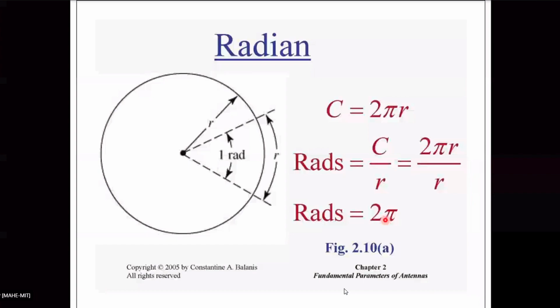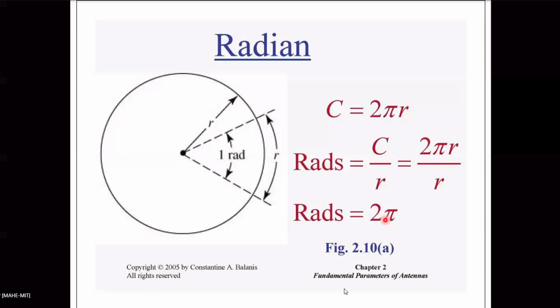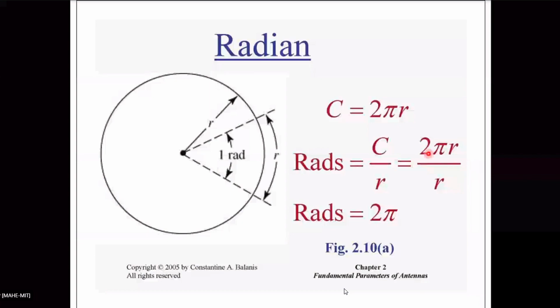Okay. Now radian. You can understand what 1 radian is from this diagram. You draw a circle of radius r. Now on the circumference, if you choose an arc length r, whatever angle you get here is 1 radian. The radius of the arc is r, and the arc length is also r. So that is a radian.